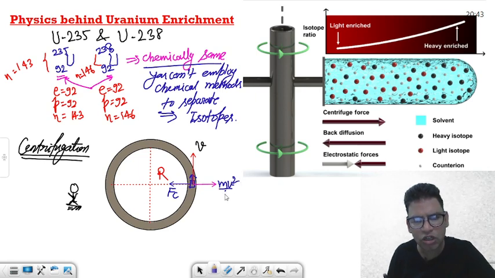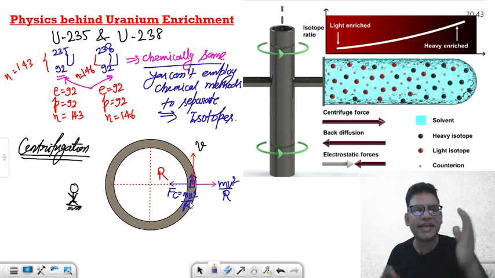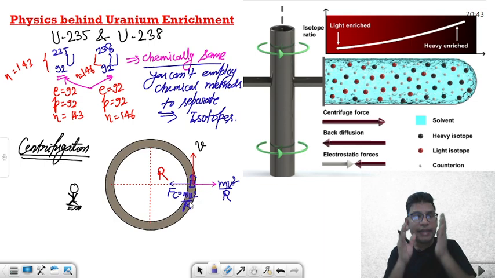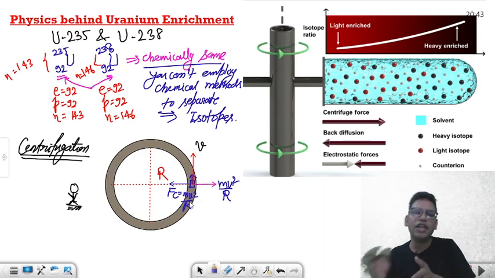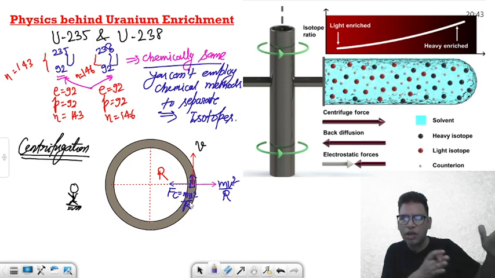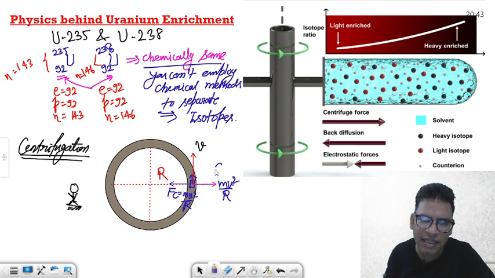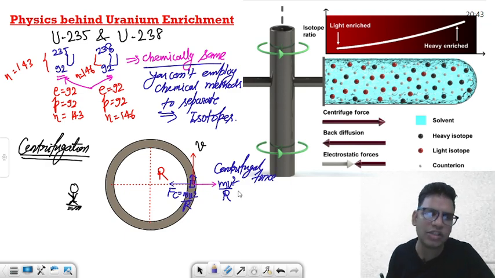And this force is also equal to mv square by r, and this Fc is also equal to mv square by r. Okay, centripetal force. If I am looking from outside, from the same frame, then if you are turning on a sharp turn, you will find that somebody is pushing you outward, and that force is basically called centrifugal force. And you could understand this, it depends upon the mass also.